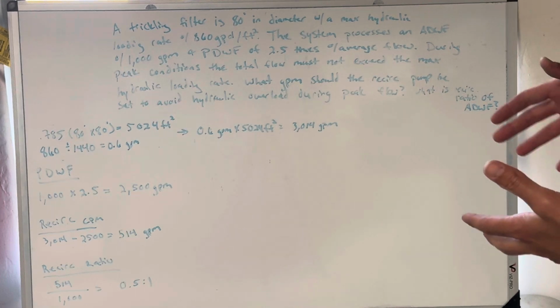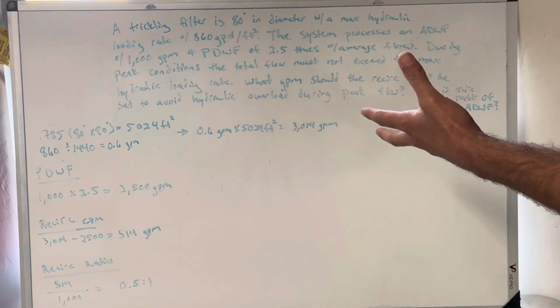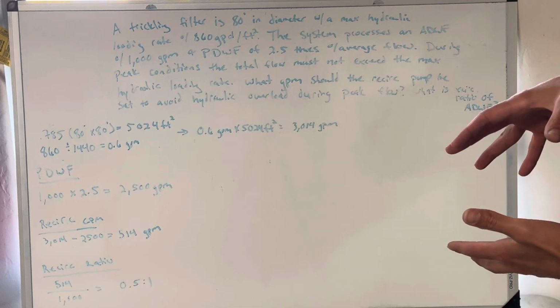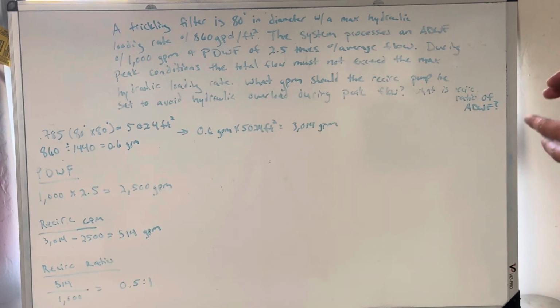So we're going to get to the math. The math's actually not that hard. It's understanding how to get to the math that I think trips people up, okay? So let's read this math problem out. I'm going to give you a little lesson on trickling filter theory, and then we're going to work the math out. So a trickling filter is 80 foot in diameter with a maximum hydraulic loading rate of 860 gallons per